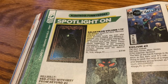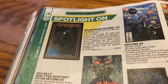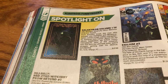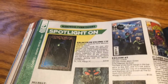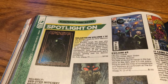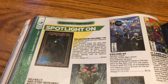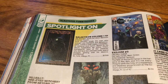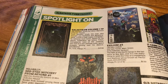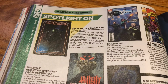Page 274 in the back of previews, under the Albatross Funny Books imprint, is Galacticon Volume 1 trade paperback. The reason I wanted to bring this to your attention is because you'll notice who is the artist. Mr. Steve Mannion. Been a big fan of Steve's for a long time, and we always get to see him in his home neck of the woods at Heroes Con. Amazing artist, proud to own a bunch of art from him. He draws beautiful, cheesecakey, pulpy female leads,